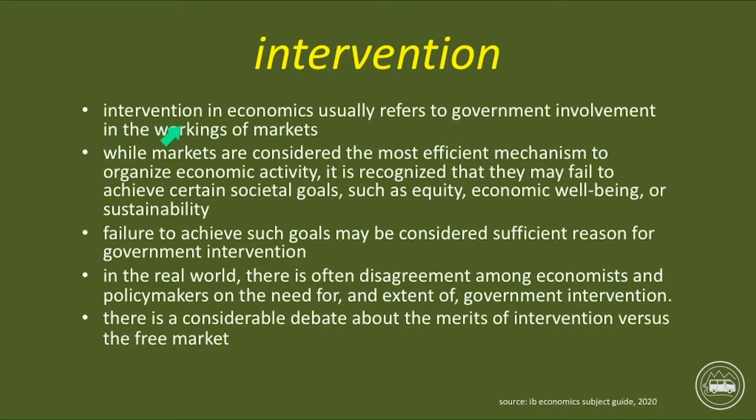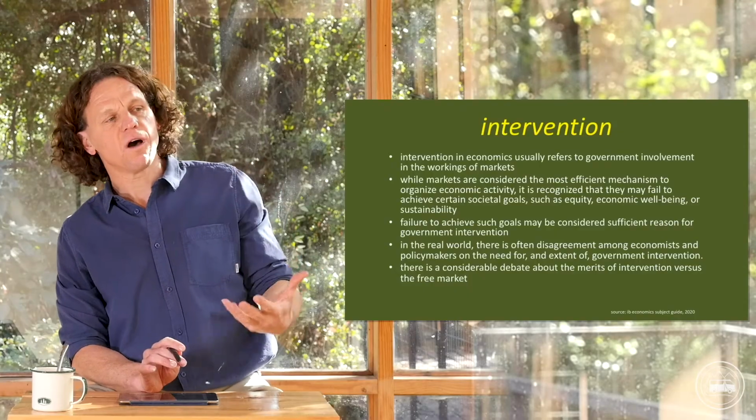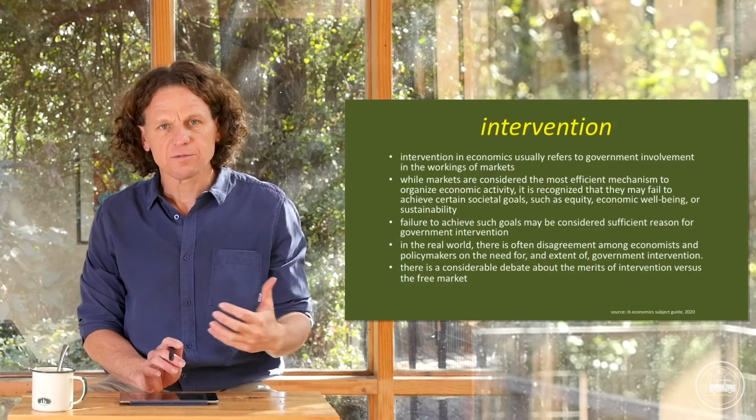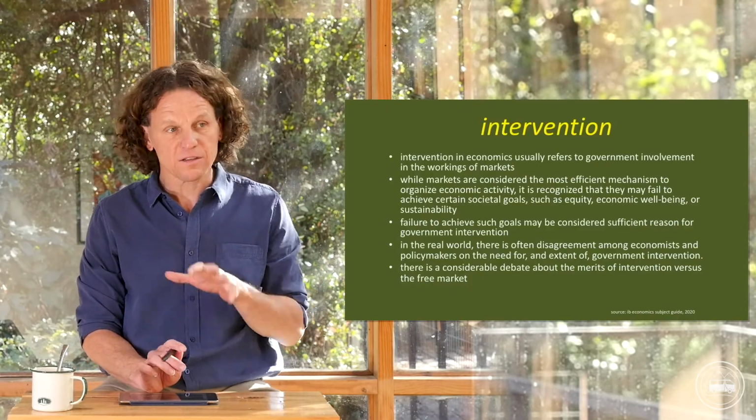So let's go through the terms and then we're done. Intervention in economics usually refers to government involvement in the workings of markets. While markets are considered the most efficient mechanism to organize economic activity, it is recognized that they may fail to achieve certain societal goals such as, check it, equity, economic well-being, or sustainability. Hey man, those are like some of the other 9 central concepts of IB economics. Of course they are, right? And the government